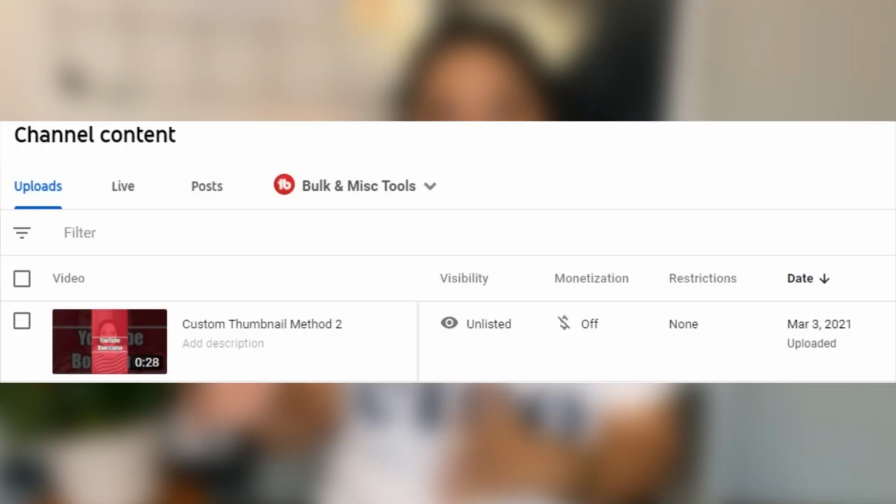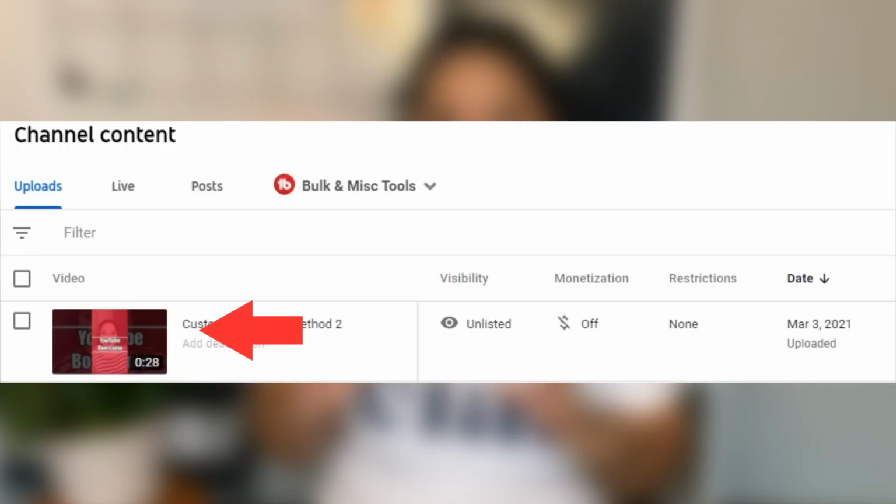Once you're satisfied with the way it looks, it's the same steps all over again. You remove the counter, re-render, re-upload, and go to the video details page to verify that the right thumbnail was selected. If everything looks good, you're free to publish your short. Don't forget to add it to your short section.